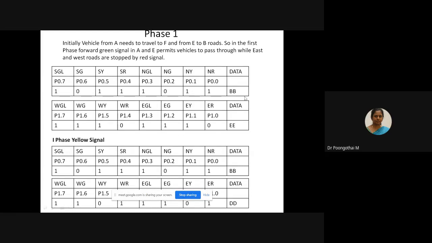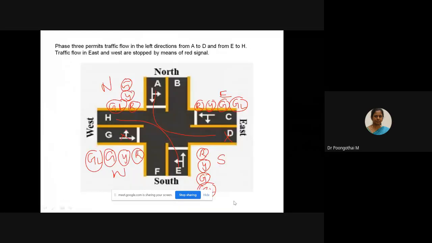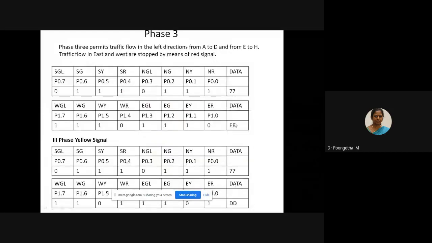So for phase 1, BB, EE, BB, DD. Phase 2, EE, BB, DD, BB. Phase 3, 77, EE, 77, DD. Phase 4, EE, 77, EE, 77.